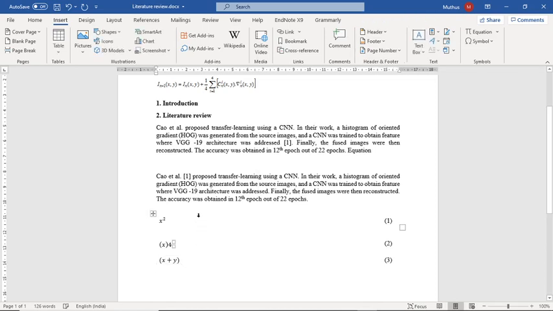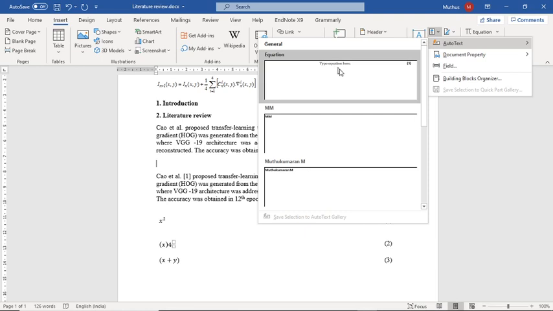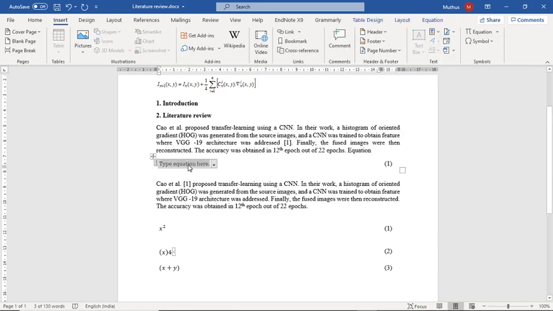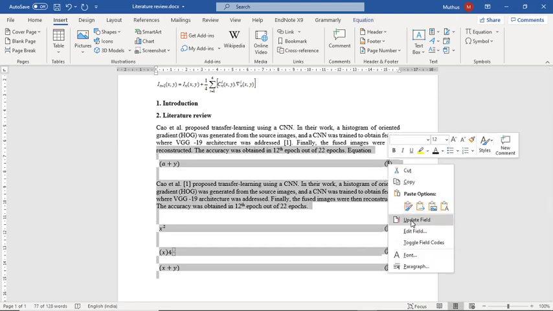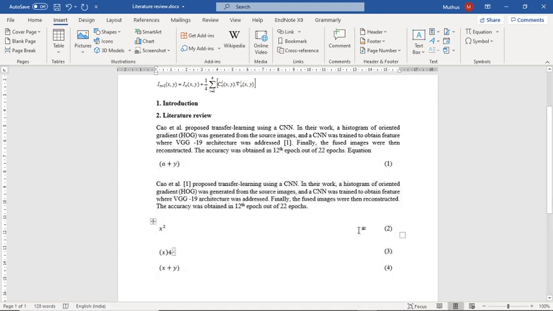Suppose you would like to insert an equation before the equations already created, so here I am inserting my equation here. But here the number is 1, while the rest of the others are 1, 2, 3. So I am selecting all, right click on the equation and update field, so it will be updated to 1, 2, 3, 4. Like that we can update.